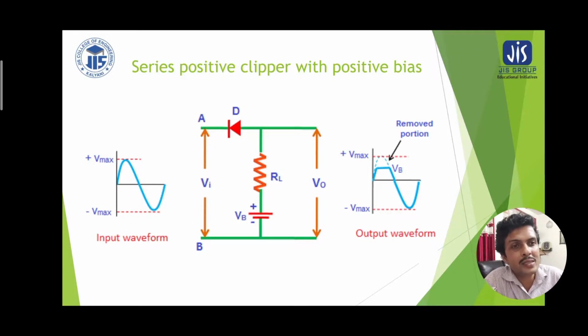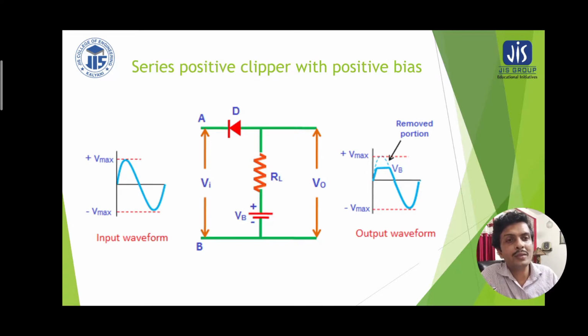Now, later on what will happen? The input voltage reaches a certain threshold voltage which is almost equal to VB. At that time what will happen? It is trying to exceed VB. When it is exceeding VB, or the difference between VB and Vi is less than the cut-in voltage, the diode is just off, and we will not get any current through the diode. So the output will be equal to VB, because no current is flowing through RL. RL is the load resistance through which no current is flowing. Therefore, the output voltage will be fixed at VB.